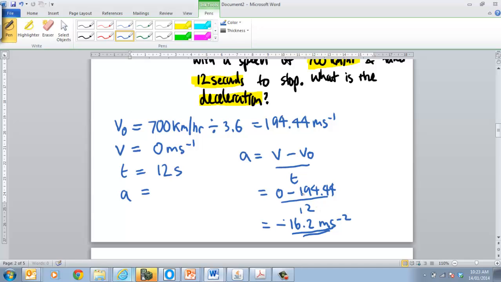So you say that's the case, or you could say 16.2 meters per second squared deceleration, because that means the same thing. So when we get negative, we know we're actually decelerating in that particular case. All right. So now